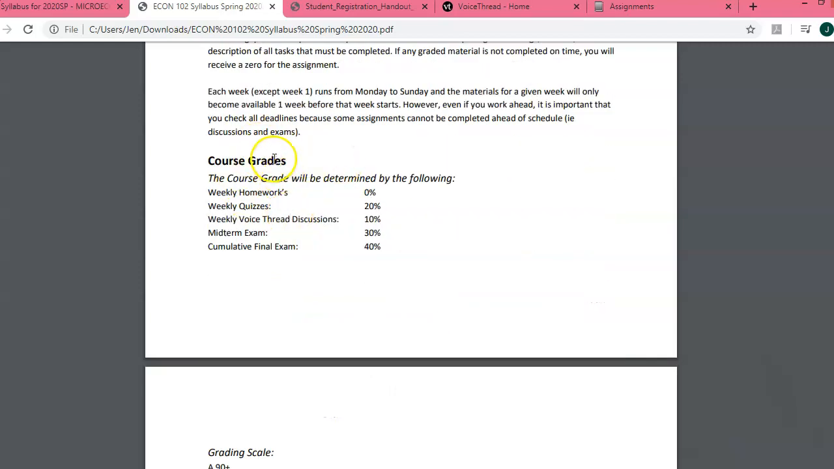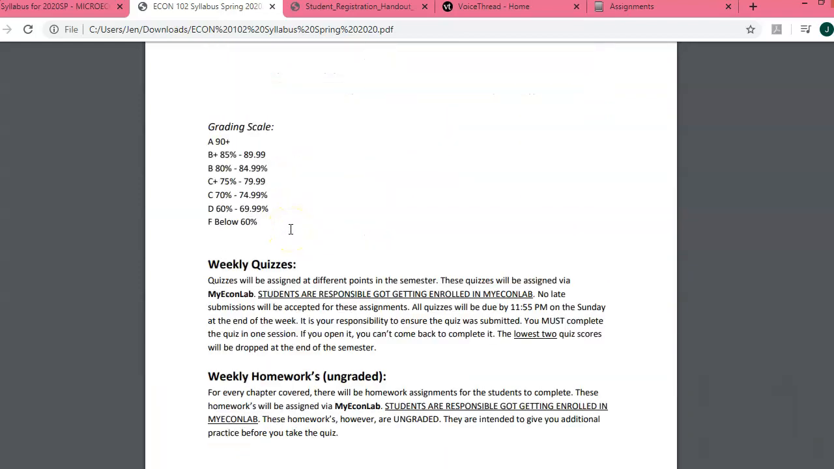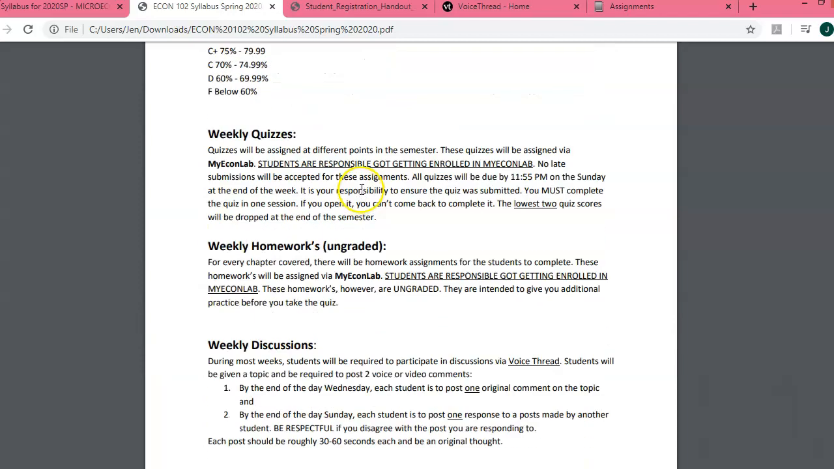Here are the course grades and the grading scale. Within there, first we have quizzes. Quizzes are going to be given at different points in the semester, almost every week. No late submissions will be accepted, and they're due by 11:55 at the end of the given week. It's your responsibility that the quiz is submitted and completed,